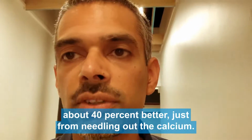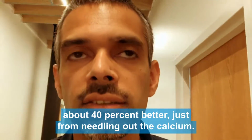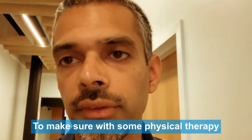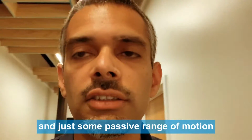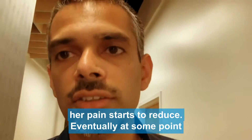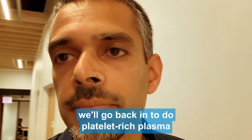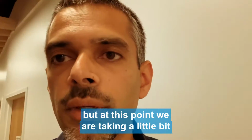Her shoulder's about 40% better just from needling out the calcium, and the plan will be to reassess her in a couple of weeks to make sure with some physical therapy and just some passive range of motion, her pain starts to reduce. Eventually at some point we'll go back in to do platelet-rich plasma, but at this point we